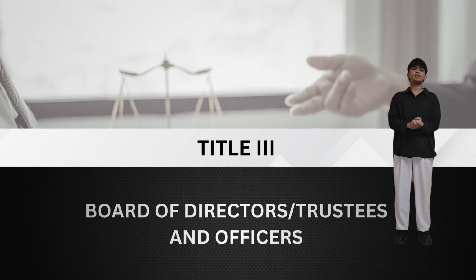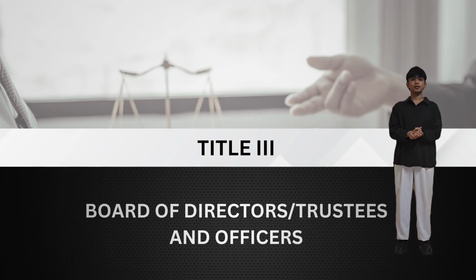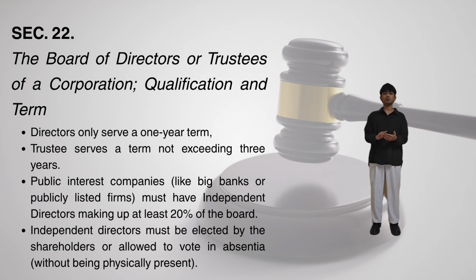Good day everyone, my name is Joshua Magalong, and my report focuses on Title 3 of the Code, the Board of Directors, Trustees, and Officers. Firstly is Section 22 of Title 3, which basically defines who runs the company and for how long. First, the director is elected for a single 1-year term. Also, to be a director, you have to be a stockholder, owning at least 1 share of stock. Stop owning that share, you stop being a director.